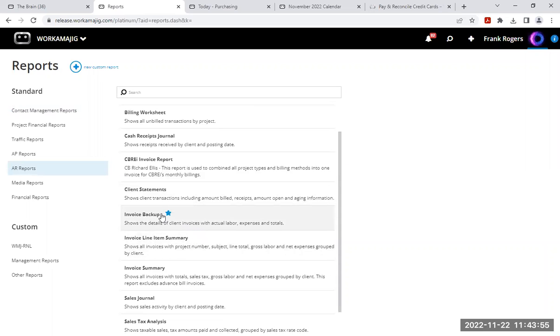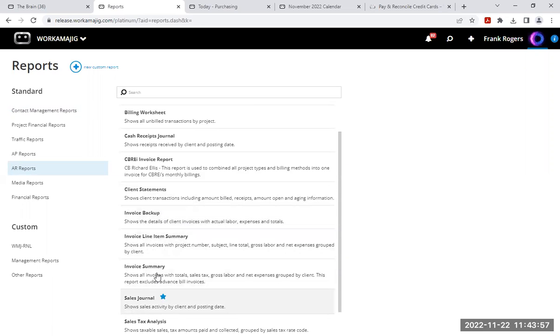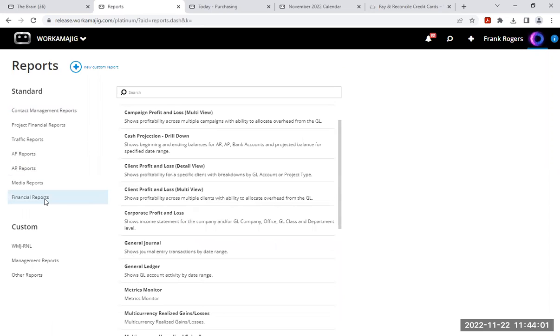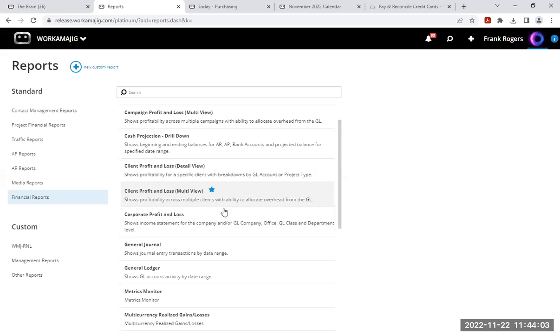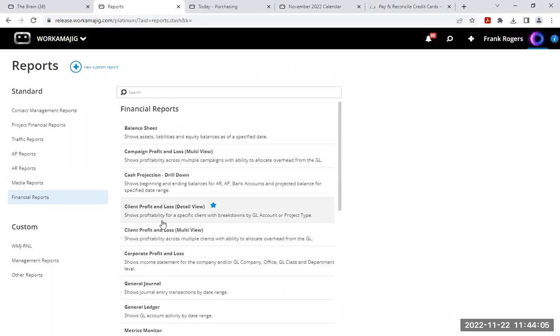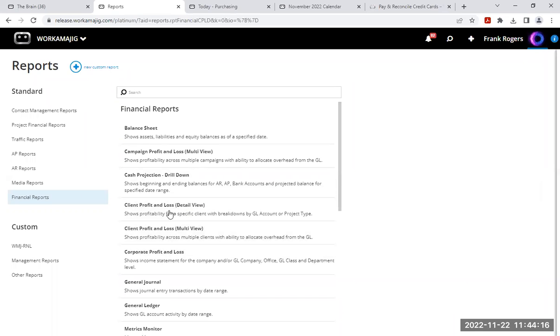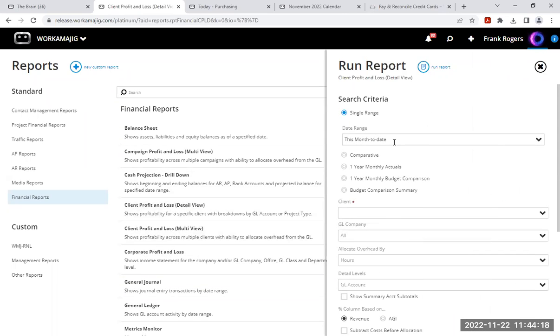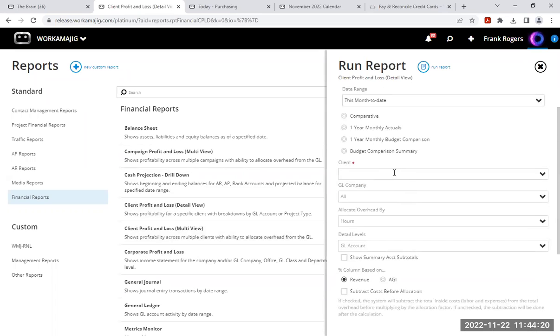You have an invoice backup report that you can run, a sales journal, an invoice summary. And then under financial reports, if you want to see how profitable your client is, you have client profit and loss detail view, and then client profit and loss multi-view, which shows you multiple clients lined up against each other. But if I wanted to go and run this client P&L single date range, this month to date,